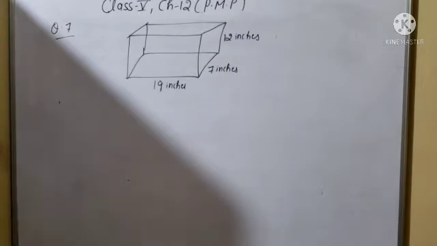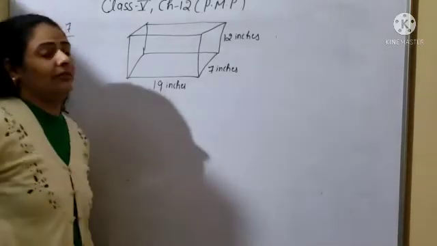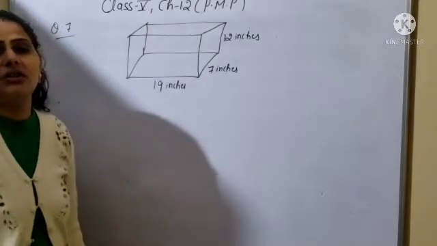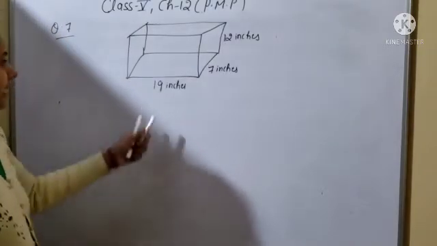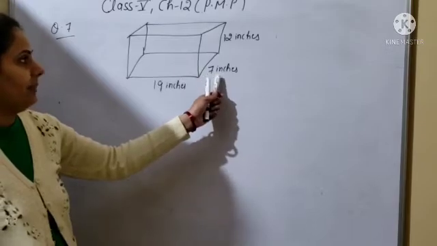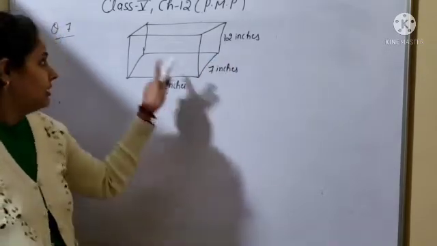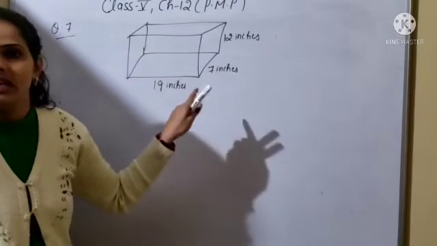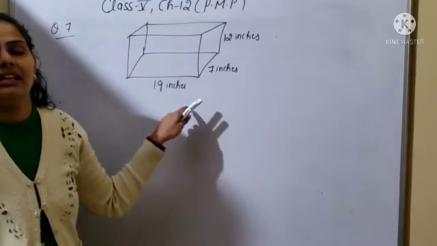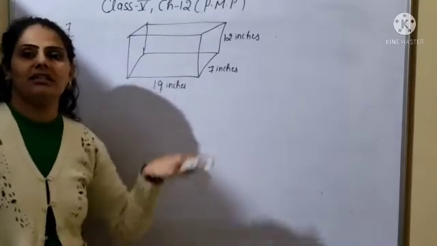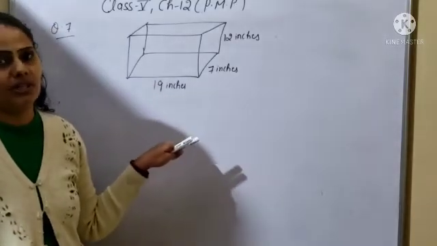Okay, it is like a rectangular fish aquarium, but length, breadth, and height are all given. It means this one will be like a rectangular base, but it will be a 3D shape, you can say a cuboid. Length is 19 inches, breadth or width is 7 inches, and height is 12 inches. The base is a rectangle, but since all three dimensions are given, this will be a cuboid.